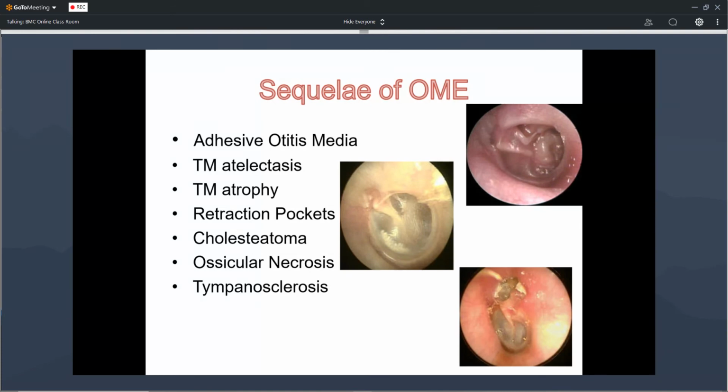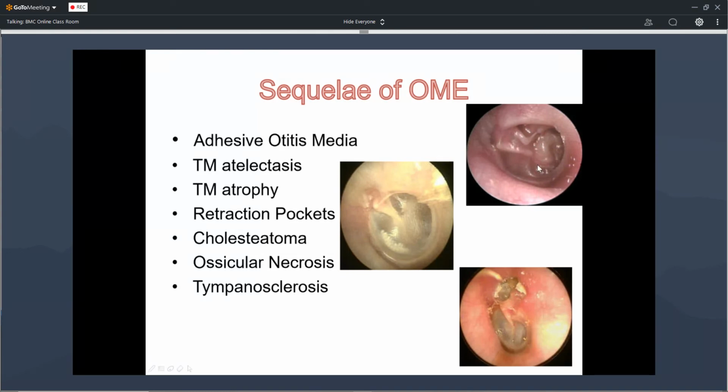Then sequelae of otitis media with effusion. If there is a long persisting fluid in the middle ear cavity, that will cause atrophy of the tympanic membrane, mainly the middle fibrous layer. The tympanic membrane has 3 layers: outer epithelial, middle fibrous and inner mucosal layer. The middle fibrous layer will atrophy, then the tympanic membrane will become very thin, then there is a retraction of the tympanic membrane towards the middle ear cavity, that is called adhesive otitis media or atelectasis of the middle ear. So this is the atelectasis of the middle ear.